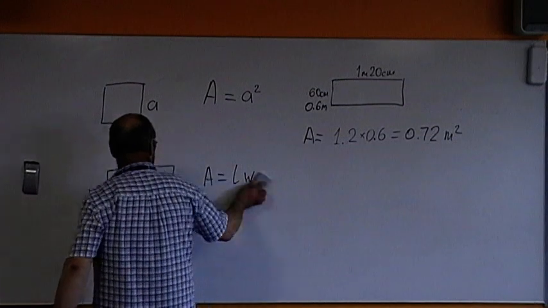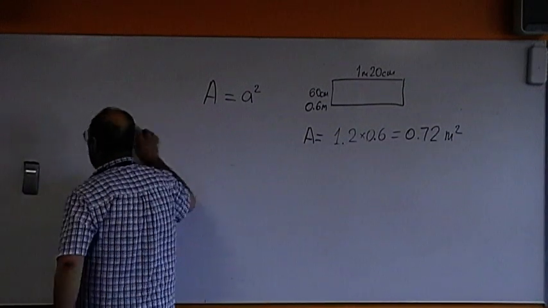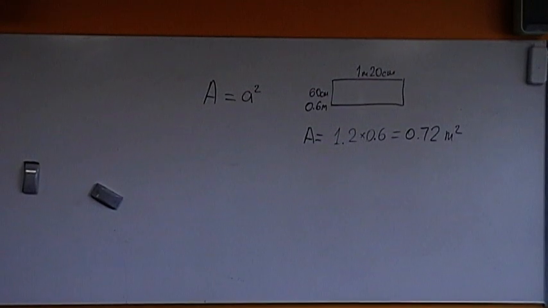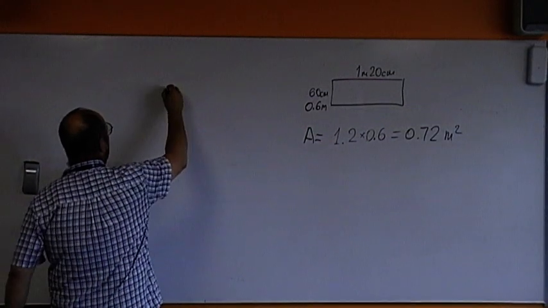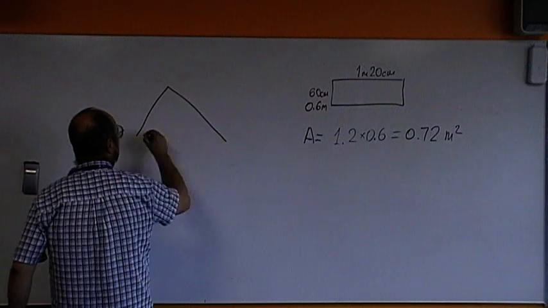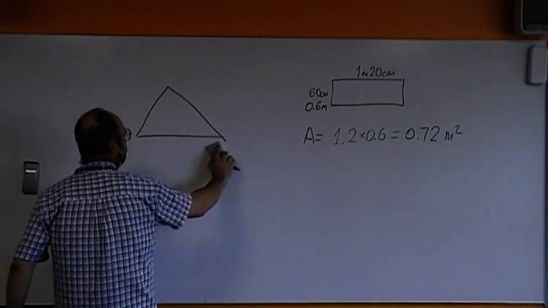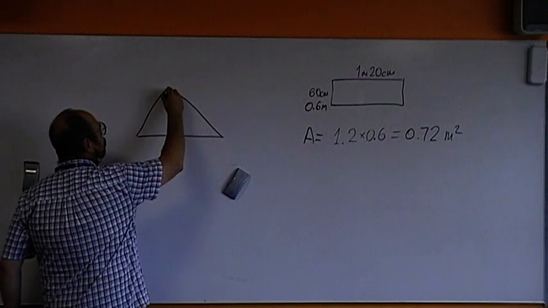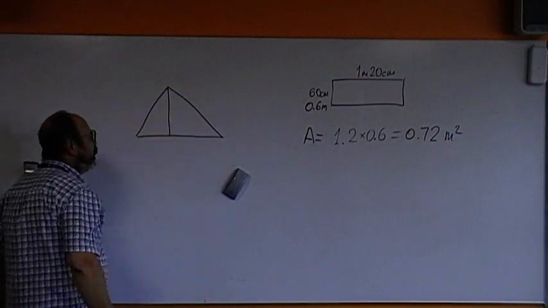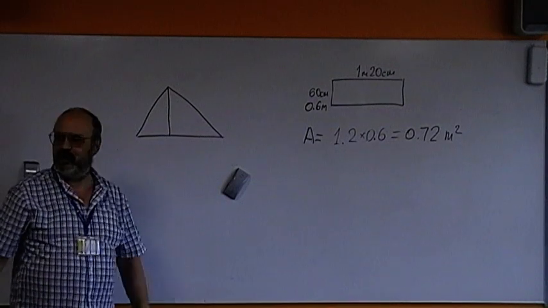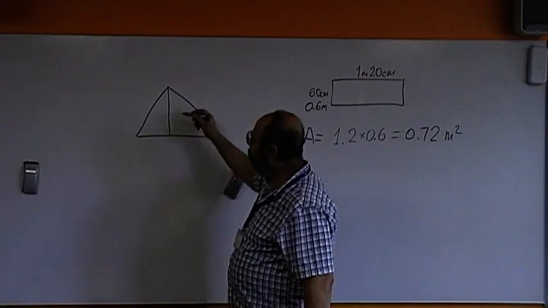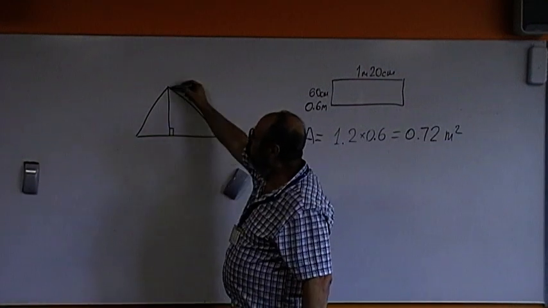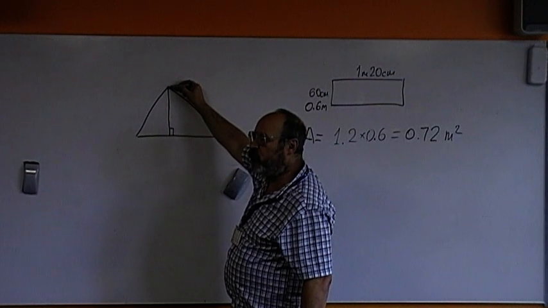Okay, now another basic shape that you need to know is the triangle. If we have a triangle, is this Pythagoras? No. Pythagoras' theorem is A squared plus B squared equals C squared, and we will learn it later on. This is a triangle with a base of 50 centimeters, and